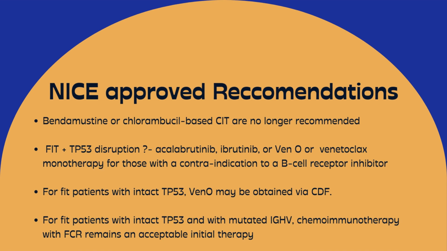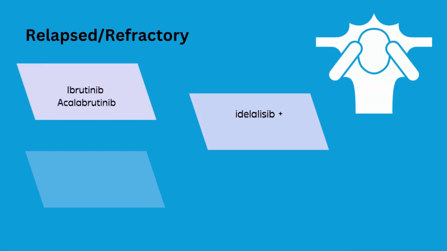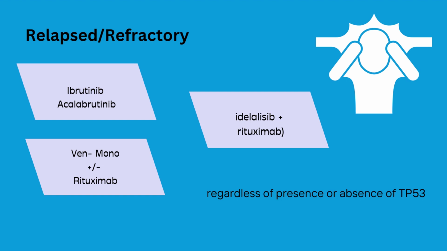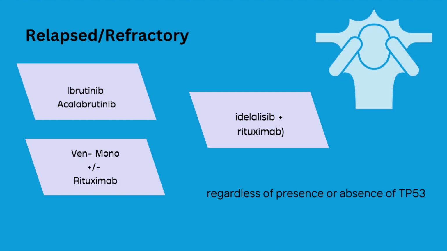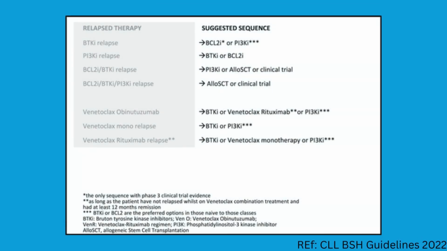Patients with cardiac disease should also be monitored closely using ibrutinib, and patients on venetoclax treatment need adequate renal function, and therefore in patients with severe renal impairment, you may want to consider a Bruton tyrosine kinase inhibitor. The current licensed therapies in relapsed CLL are Bruton tyrosine kinase inhibitors, ibrutinib and acalabrutinib monotherapy, or venetoclax monotherapy, or in combination with rituximab, or